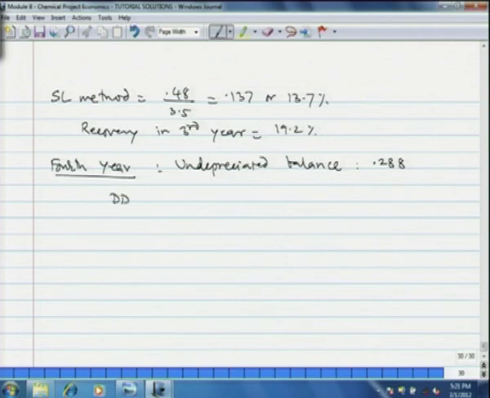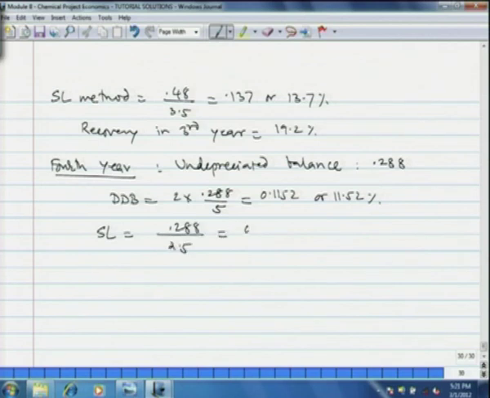Now, here the double declining balance gives a recovery of 2 into 0.288 by 5, that is equal to 0.1152 or 11.52%. The straight line method gives a recovery of 0.288 divided by 2.5, which is also equal to 0.1152 or 11.52%, and thus both are same, and therefore you can take any of these as recovery. So, the recovery in fourth year